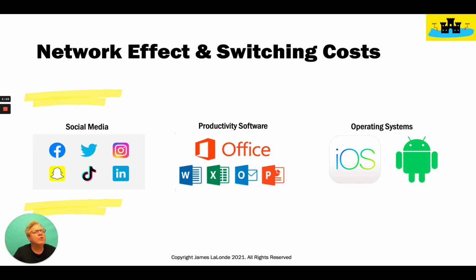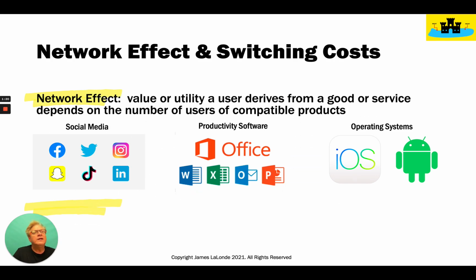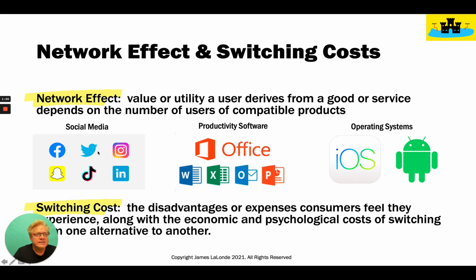The first 2 are network effect and switching costs. The reason I'm going to bundle them together here is because they're very much related. Network effect means basically the more people using the product, the more valuable the product is. Switching cost is about how hard or easy it is to switch from one product to another. LinkedIn, for example, was not really useful until everybody in the world started using it, so it took a long time to get the critical mass it has today. That's a network effect. Facebook obviously had a network effect as well, but there's also a switching cost, because all of your friends are on Facebook,